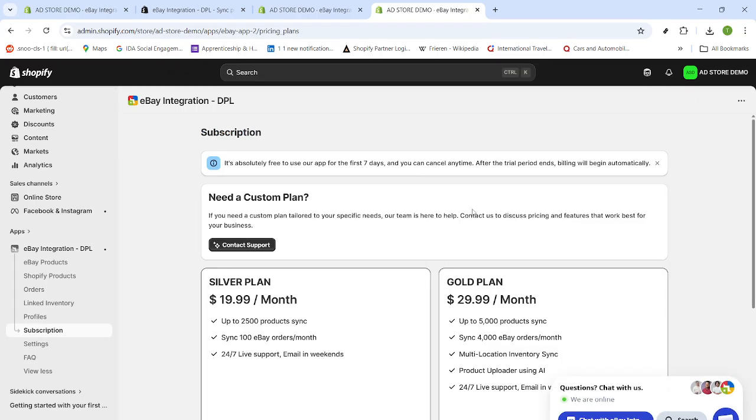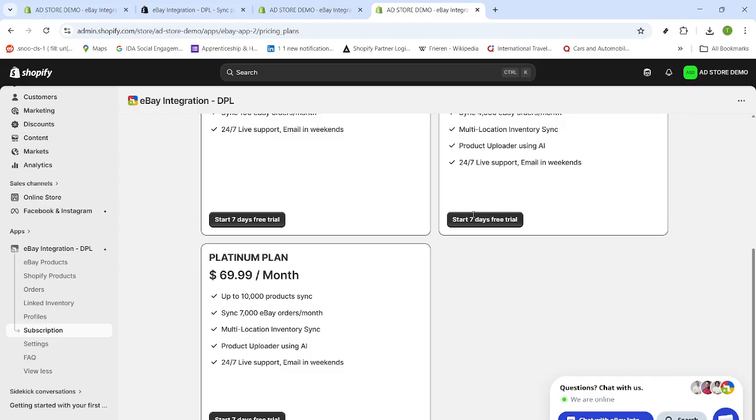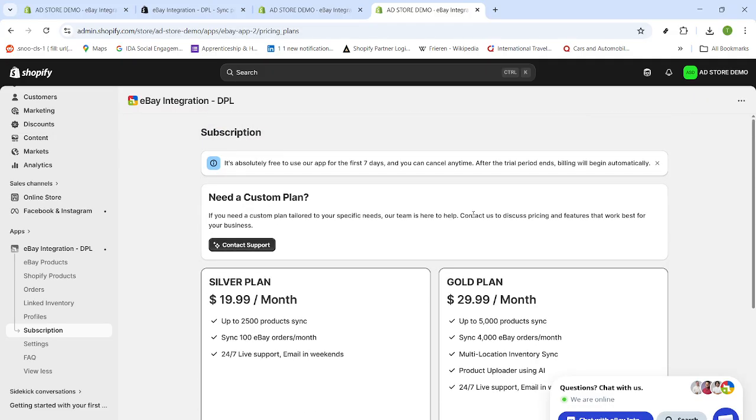That's it. Your Shopify store is now set up with the eBay integration DPL app, and you've seen where to manage products, orders,